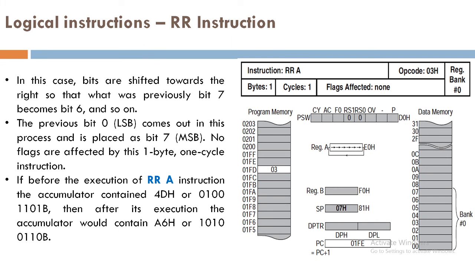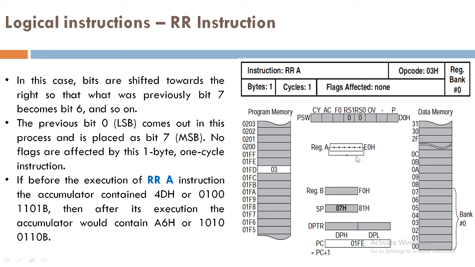Okay, now let's take up the other thing. It is the reverse of rotate left. Here it is rotate right. So if it is RR A, then the operational code is 03 hex. Now the content of register A will just rotate on the right hand side by 1 bit, and if you again put this into a loop, you will be able to shift the bits as many times as you want.